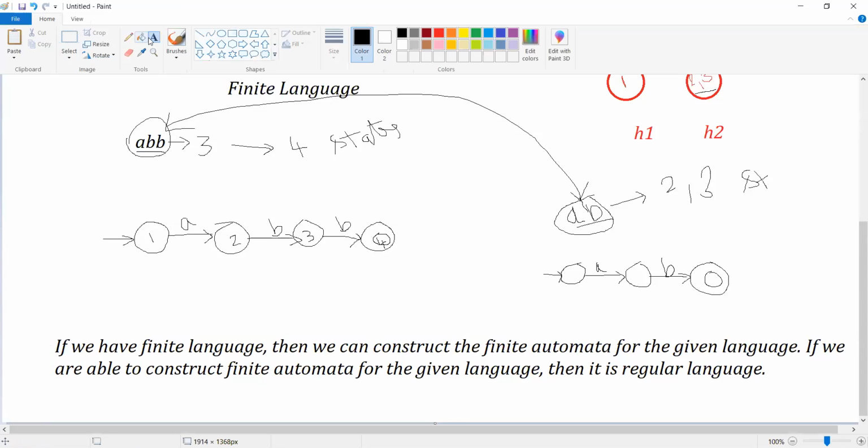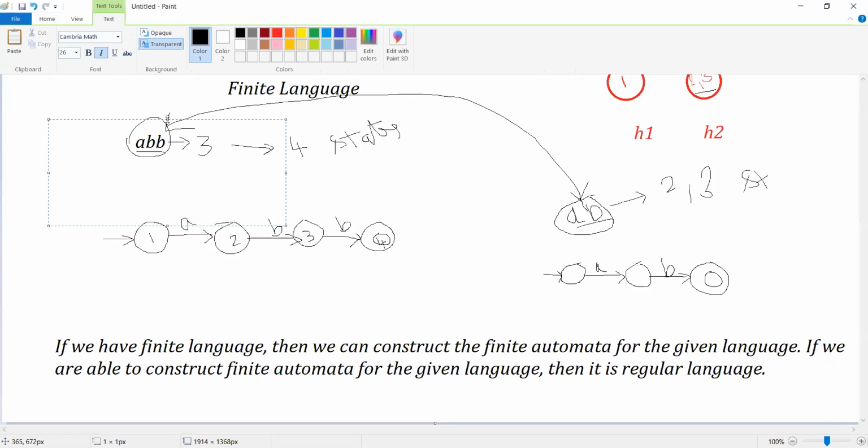Now you know one more thing: we have one more kind of language called an infinite language. What do you mean by infinite language? An infinite language is a set of strings where the strings are infinite in nature. Now let me write one small example over here.